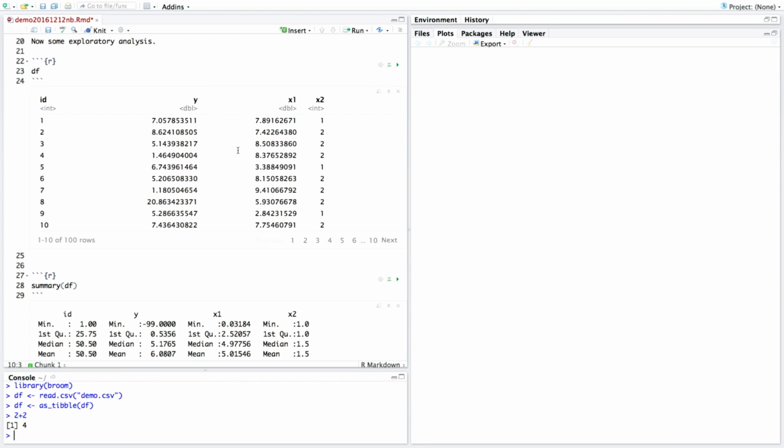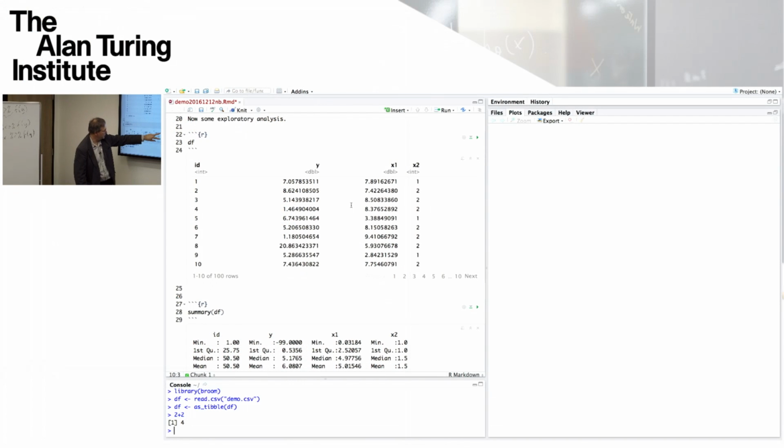So it's a Y value, an X1 value, and an X2 value. And from the summary, we see that the X2 values has a strong structure to it, whereas here X1 looks much more like a quantitative variable. And ID is just an index going from 1 to 100.